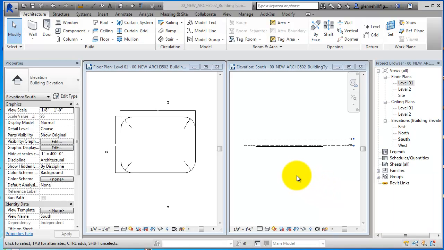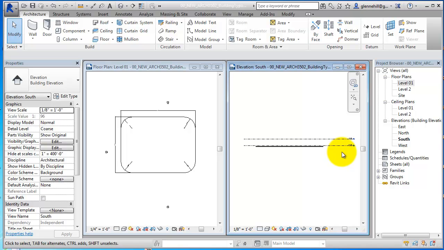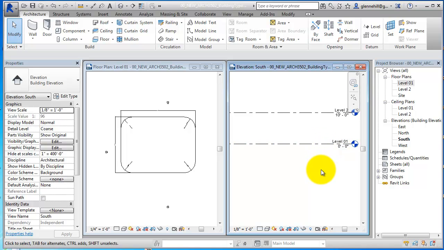This video is how to define levels for our little typology study. Levels are a way to determine depth in the z-axis, as well as identify certain planes that we would draw on or reference. So if we look here in this south elevation, you'll see that the default file template has two